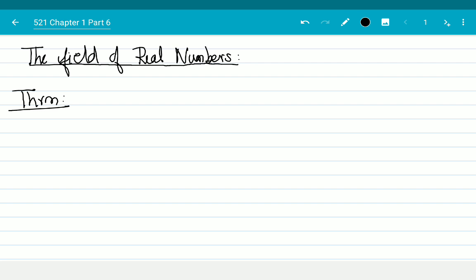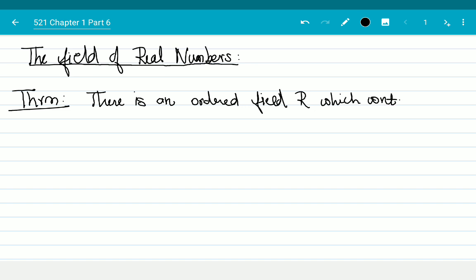There is an ordered field R, which has the least upper bound property,